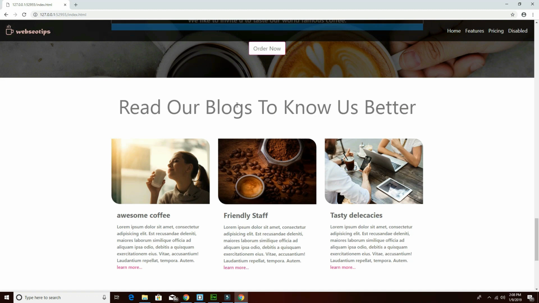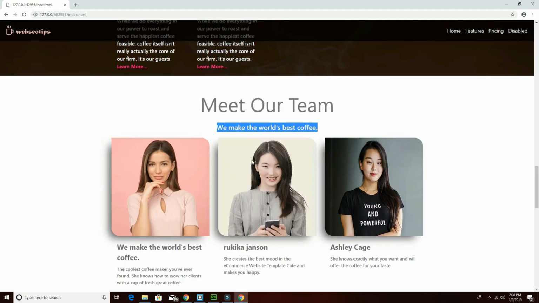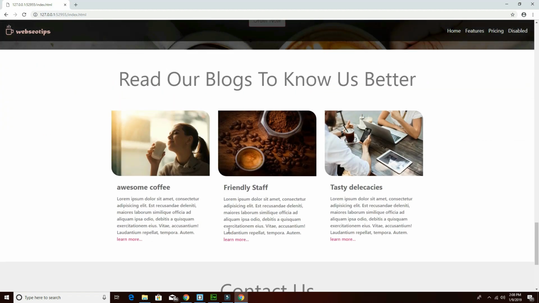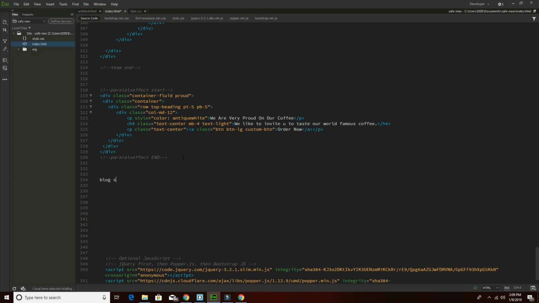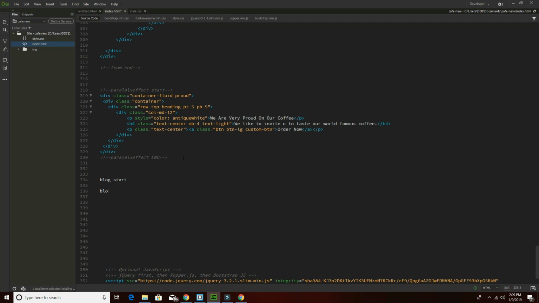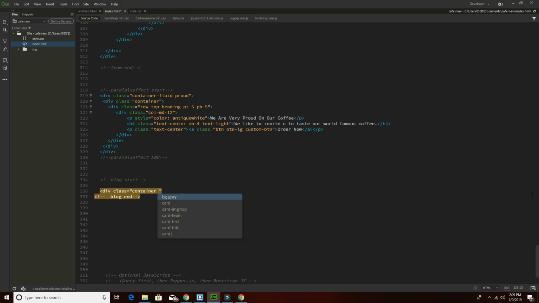So after that, I have to design this blog section. Okay, blog section is almost similar to this team section actually, because there is nothing different. Okay, so just come to here, and the source code, blog start, and blog end. So let's comment them. In this, I have to take a container, and I am giving the margin bottom as 5. Close it. So in between,